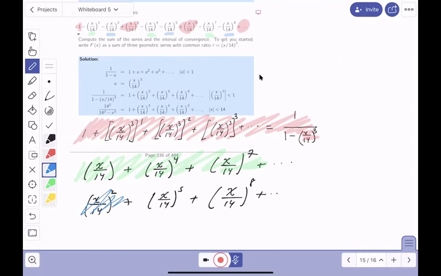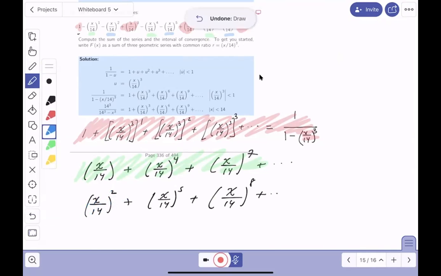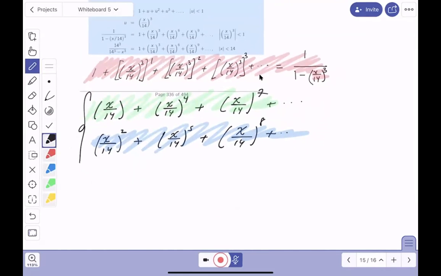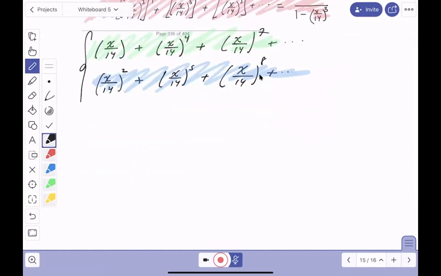All right. So I'm doing this over. Whoops, I didn't mean to do that. I'm looking at these two guys. And I'm wondering, what am I going to do with these two guys? So I'm going to look at them together instead. All right. Let me put that down for you. I'm looking at these together. All right. Let me see if I can do it. And the green one, I'm just going to factor out